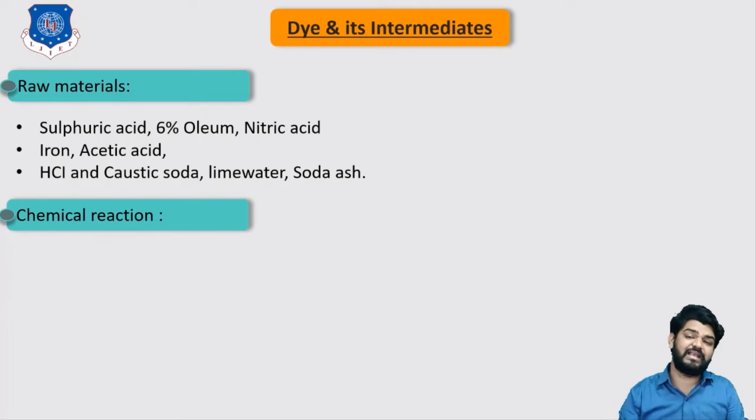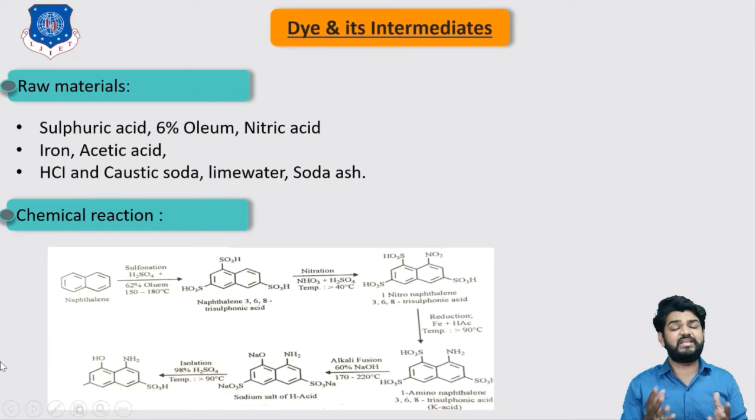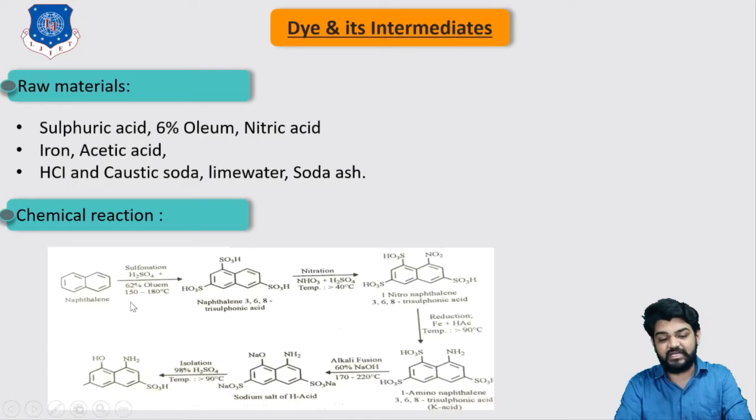Now after understanding this, let's quickly understand the chemical reaction taking place in order to produce this H acid solution. As you can see here, we take naphthalene and it undergoes the sulfonation reaction, in which we add sulfuric acid. Then we react it with 62% oleum at a very high temperature of 150 to 180 degrees Celsius. Again, this reaction is highly exothermic, and it ultimately gives us naphthalene 3,6,8-trisulfonic acid. So as you can see here, three sulfonic groups have been attached at the 3, 6 and 8 positions of the naphthalene,